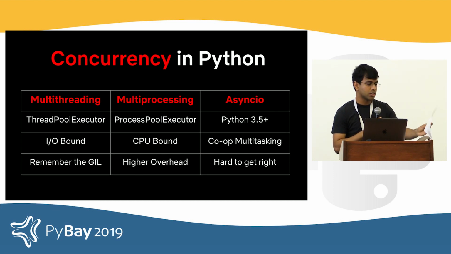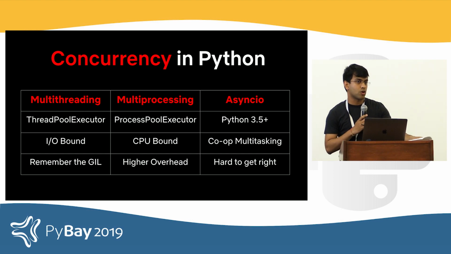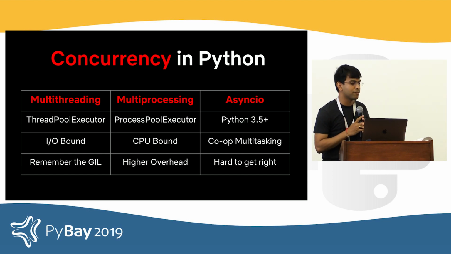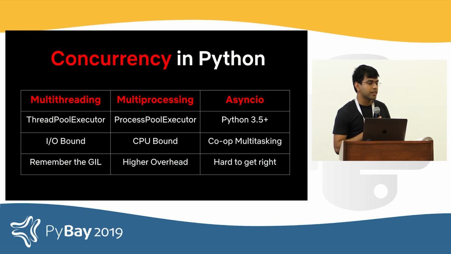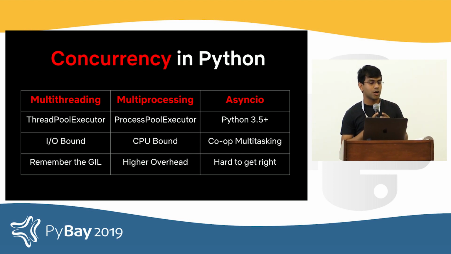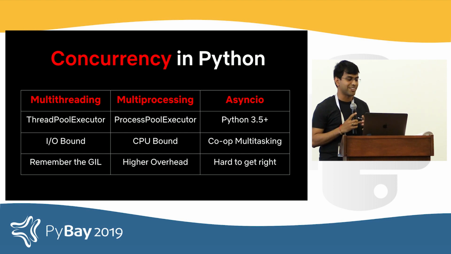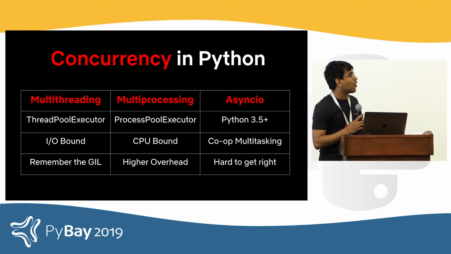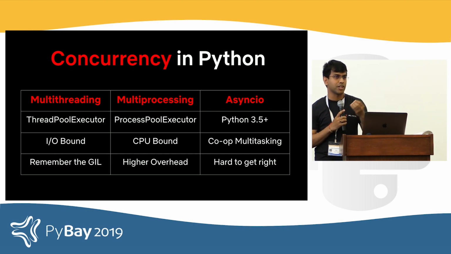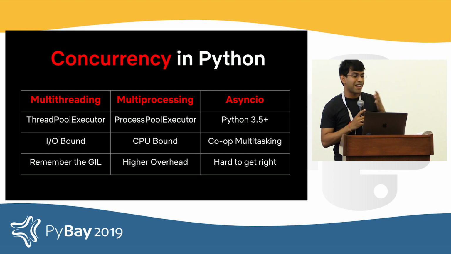So on that note, let's quickly look at our options when it comes to concurrency in Python to feed those multiple concurrent connections. Here on the slide, I have the options that most of you might know. Also, I want to really quickly mention this great talk by Rob Pike about how concurrency is not parallelism, which I will not attempt to explain today. But suffice to say, concurrency is a way to build things. It's the composition of independently executing processes in the abstract sense, while parallelism is the simultaneous execution of these processes.